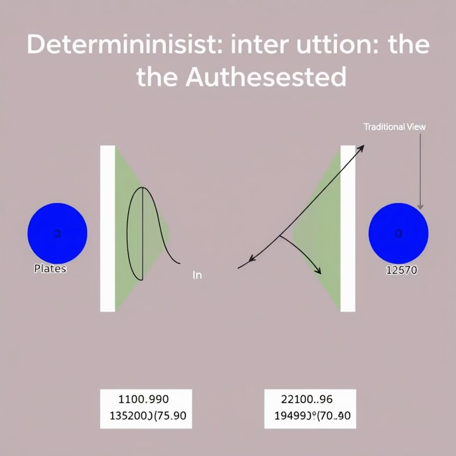The deterministic nature of the Casimir effect. A quantum mechanical interpretation. The Casimir effect, a phenomenon predicted by Hendrik Casimir in 1948, has been a subject of intrigue in the realm of quantum mechanics. It is a fascinating display of quantum forces, where the vacuum energy between two uncharged, conducting plates leads to an